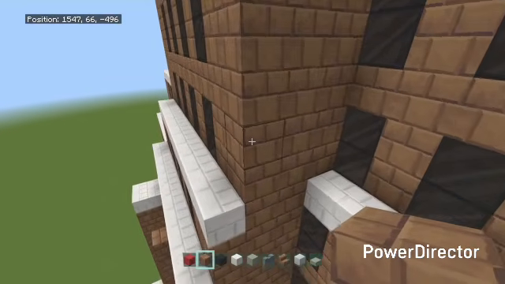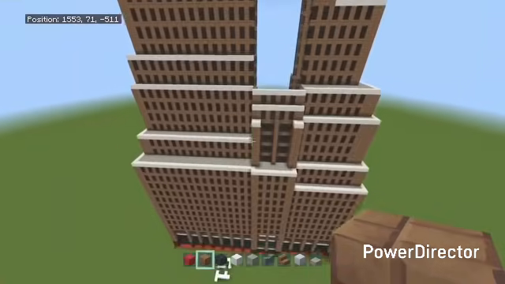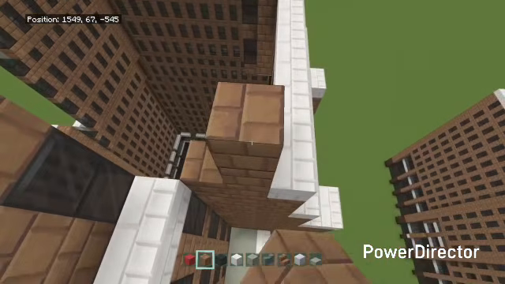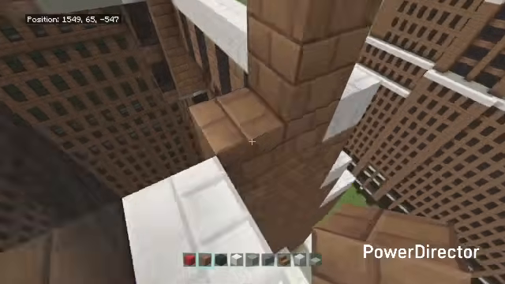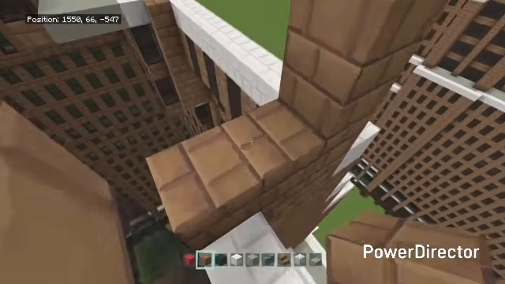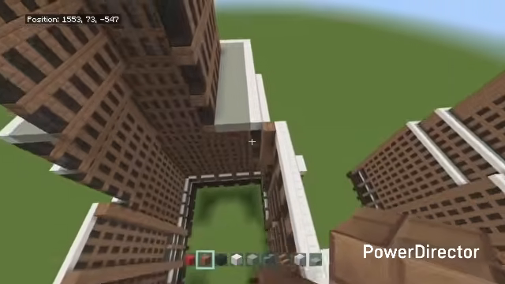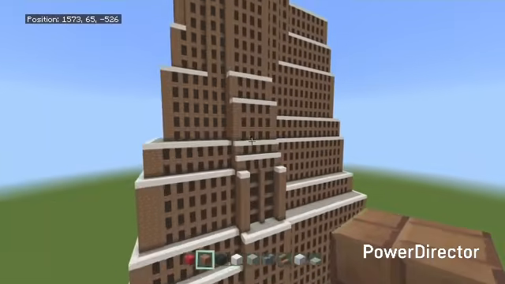So this one's going to be 1, 2, 3, 4, 5, 6, 7, 8. So behind the quartz, you're going to raise your mud brick to 8. So 1, 2, 3, 4, 5, 6, 7, 8. So on this side, it's going to be 3 mud bricks. And then for this one, it's going to be